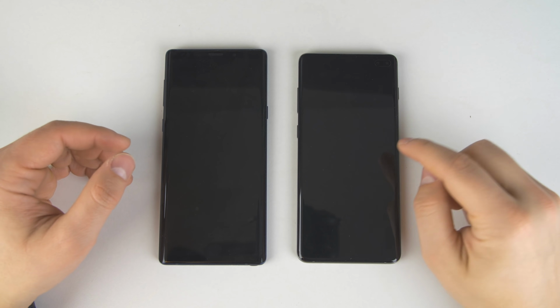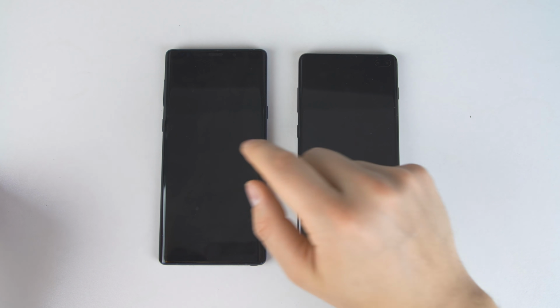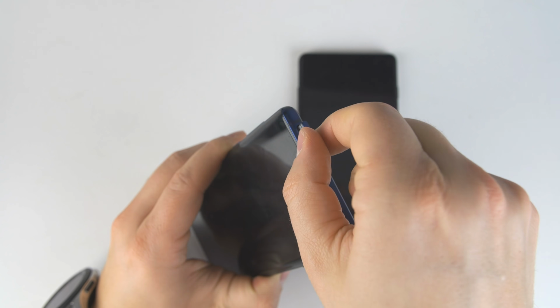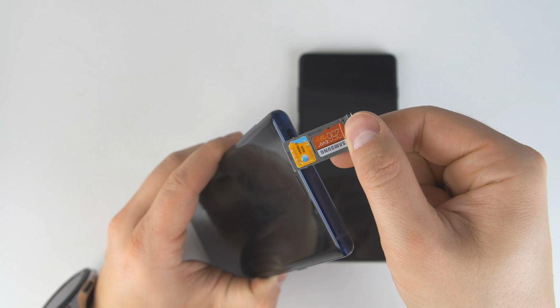So the first thing you'll need to do to set this up as fast as possible is put your SIM card in it. I'm taking the SIM card out of my Galaxy Note 9. So I'm going to go ahead and take this guy here, just press it into the pinhole, tray slides out, and you can see I also have my 256 gig card there, and I'm going to put these two things